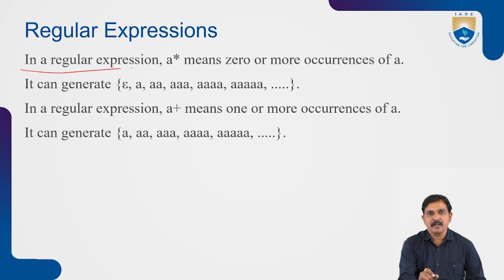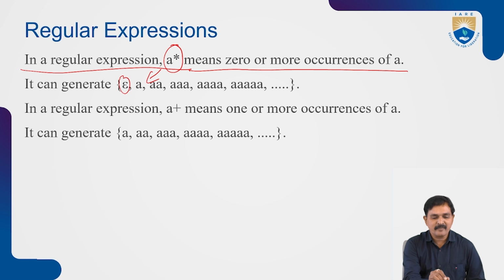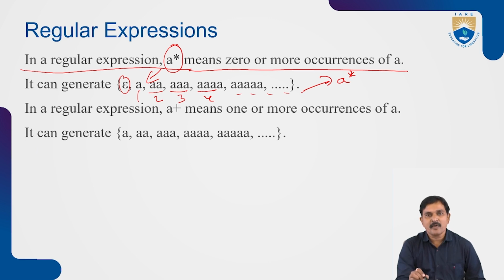And here I am showing the relevant examples in regular expressions, because understanding closure is very important. A star means, to give a clear definition, 0 or more occurrences of the particular symbol A. Taking the example of A star: first include a null value, 1 time you take the A, 2 times you take the A, 3 times, 4 times, and so on. This is the closure of A. The closure is defined by the A power asterisk symbol.